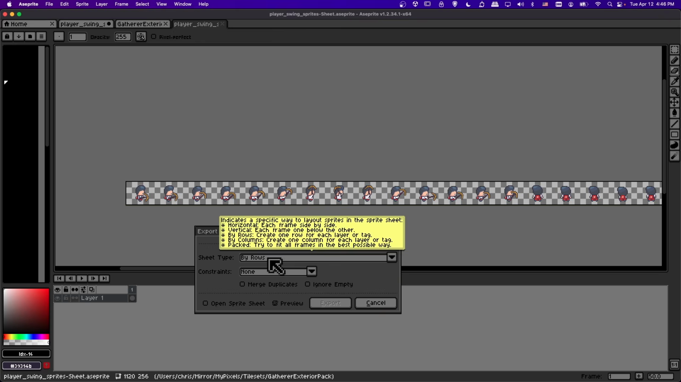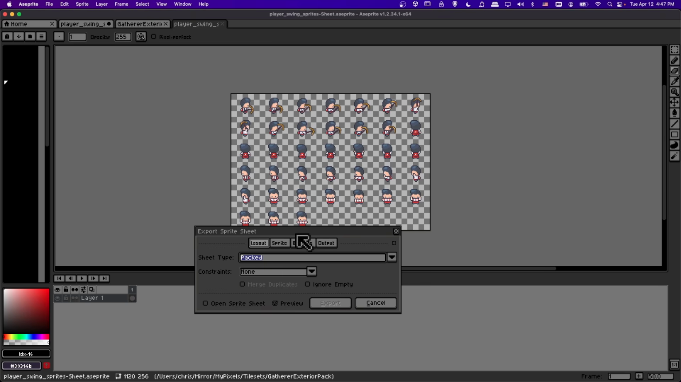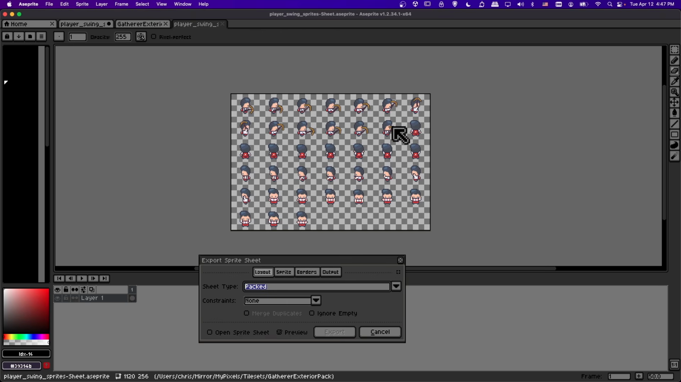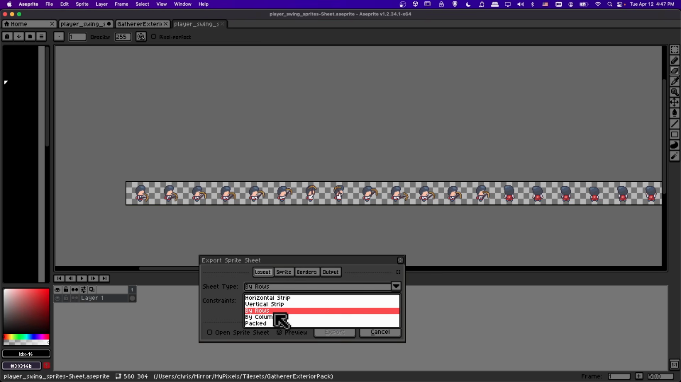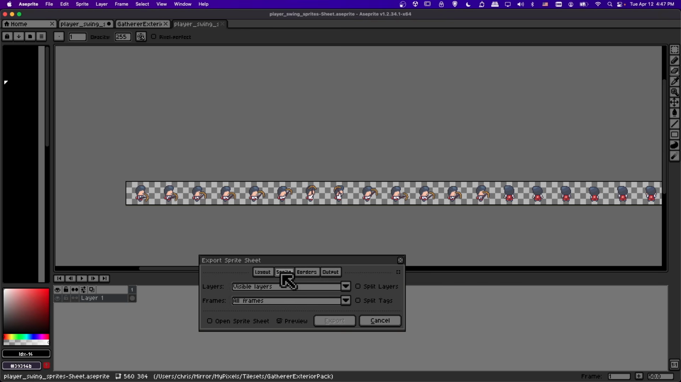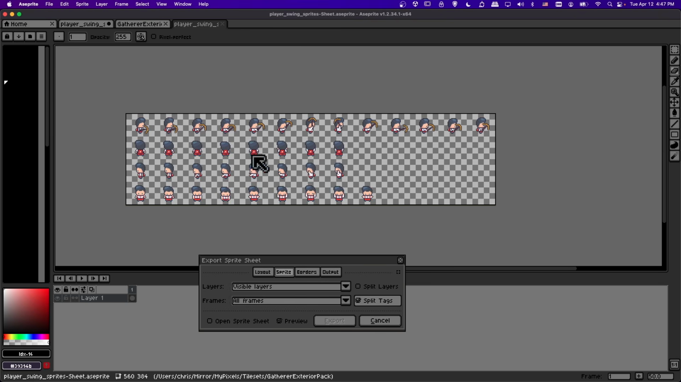Otherwise, if you just did something like layout and then packed, you wouldn't exactly know where one animation starts and when it ends, even though this is kind of space efficient. So you could do packed and then do split tags. So that's why the way to go for a character like this is going to be by rows and then check split tags. And then even if your animations aren't the same number of frames, you'll know exactly which row